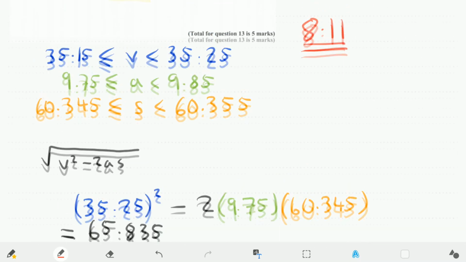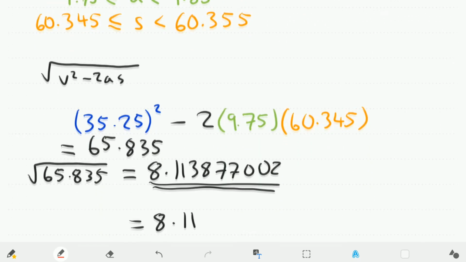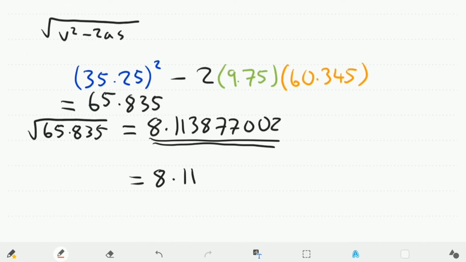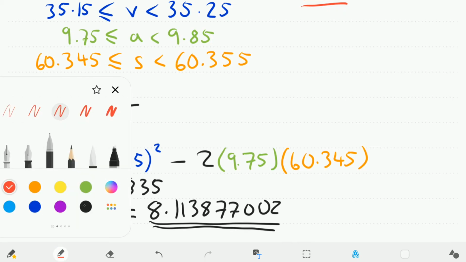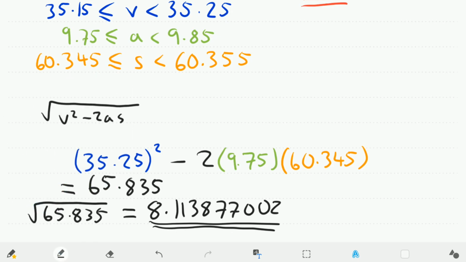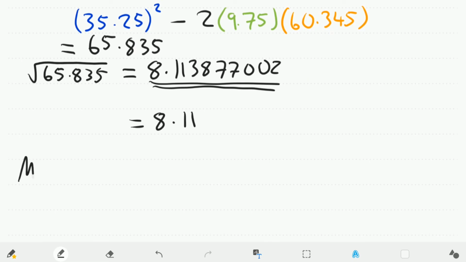Now just to quickly show you how to find the lower bound in case you had to do that, we would have to do the opposite of what we just did. So instead of maximizing v squared and minimizing the 2as, we'd have to maximize the 2as and minimize the v squared, so that our number inside the square root would be quite small, so we would end up getting the smallest value possible. All right, so just to show you how that would work, if we go down here, if we're trying to find the minimum or the lower bound,